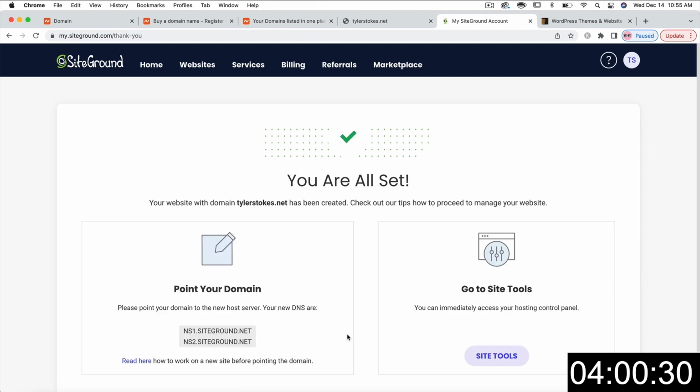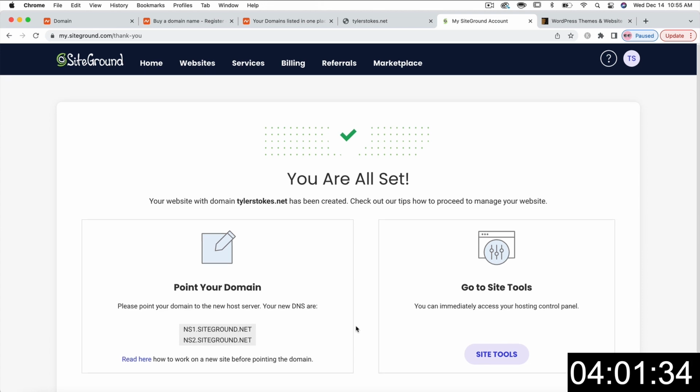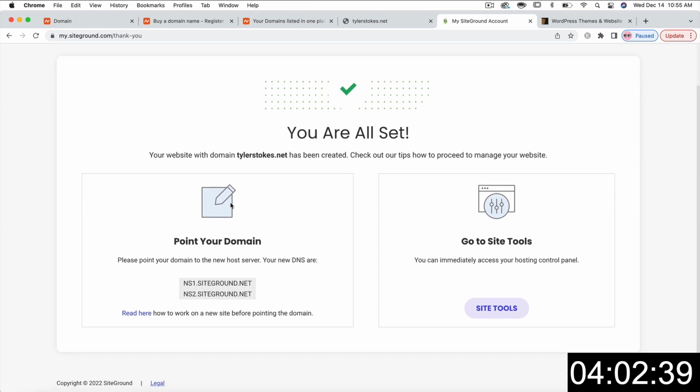Okay, so once that is all set, it just takes 1 minute sometimes. It tells me exactly how to do this. They'll email me this, and they'll also tell you right now, point your domain to SiteGround. So please point your domain to the new host server, your new DNS, NS1.siteground.net and NS2.siteground.net. So this is the next step you need to do, we're going to go back to our domain,